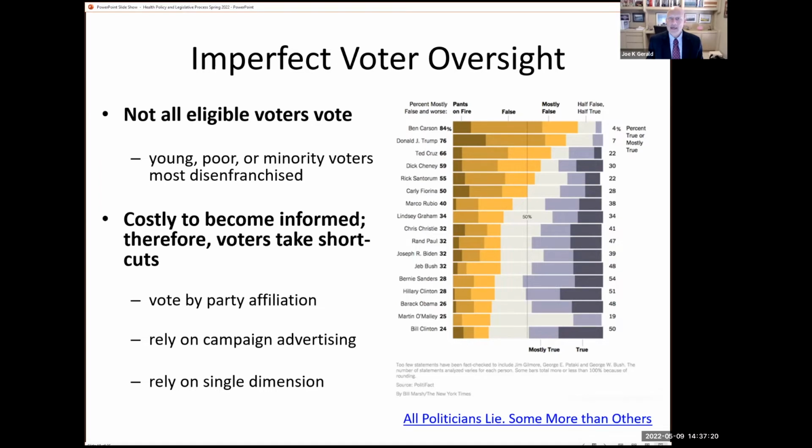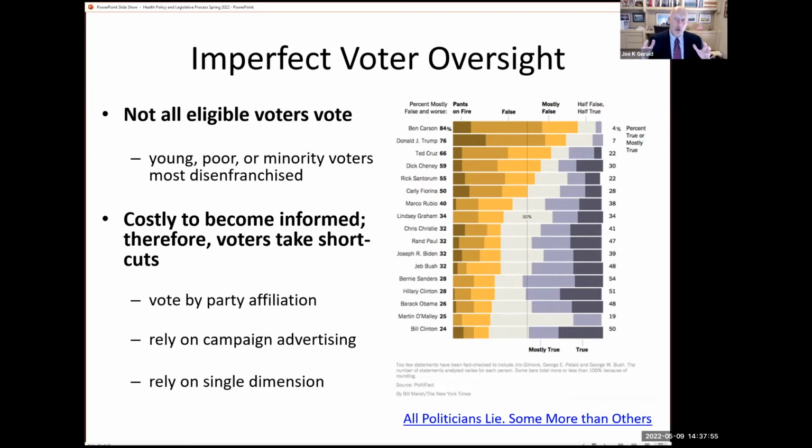Instead, they may be much more willing, and they are much more willing, to produce legislation that benefits polluters, energy companies, oil companies, because they provide donations that will enhance their reelection chances. And so there's no harm to writing legislation favorable to the industry when the people most affected by it don't turn out and vote against that particular regulation. So that's one problem. Not all eligible voters vote.